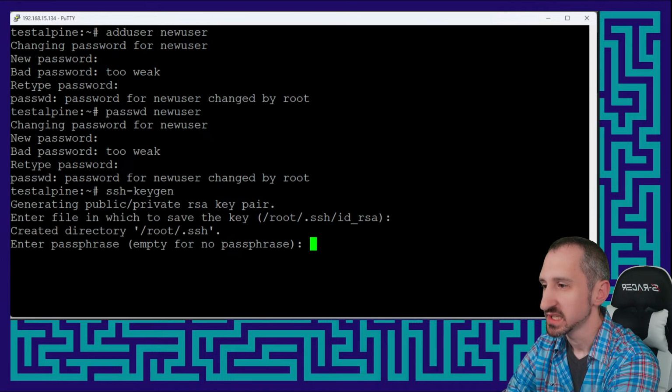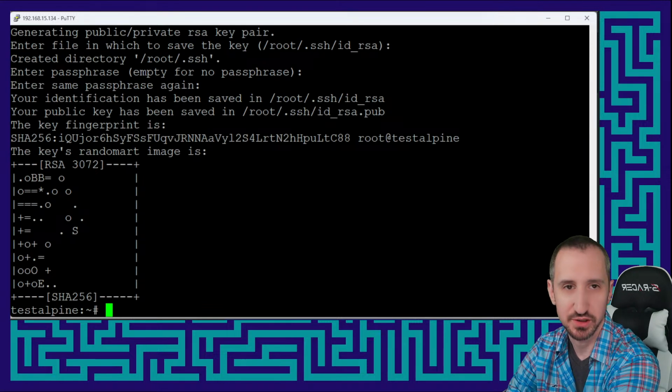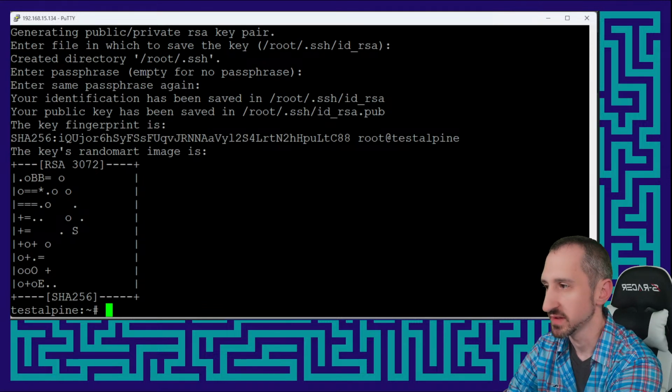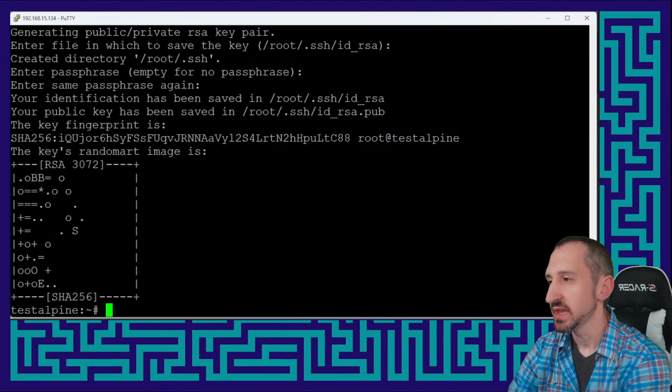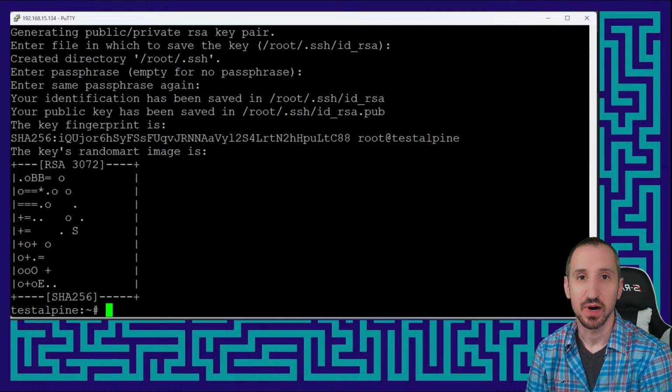So what I did is I saved it to the default, which is just saving it in a hidden directory. It's going to ask us for a passphrase for the file, same thing again, and then we see some nice little image art that it creates as a function of that. But the way that SSH works is that it's going to have the public key